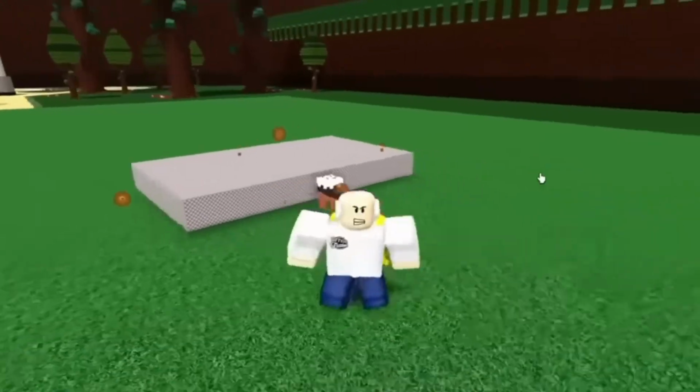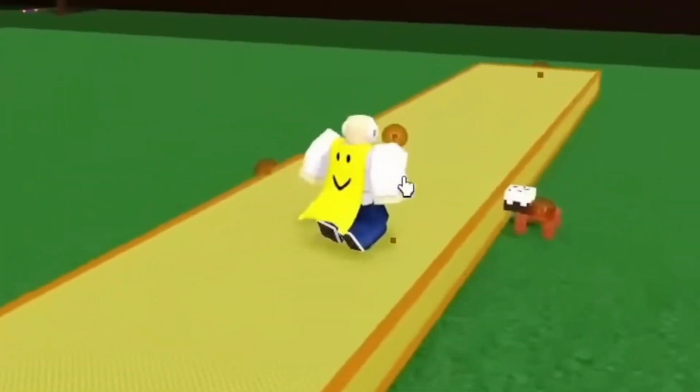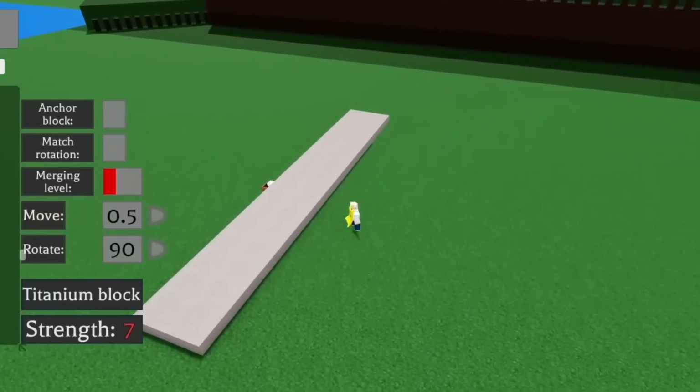For this one, all you guys want to do is just place a seat and then a cake or a butter block, doesn't matter, and just scale a giant block just like this. We actually have this giant block scaled. What you are going to do is go on to the next step, which is super easy. Also, make sure that the build is levitating off the ground just a little bit, and make sure anchor block